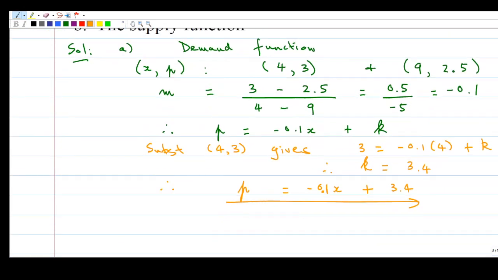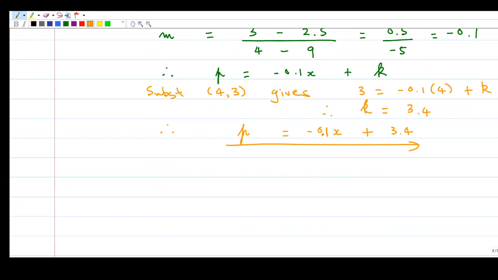So working with that information for the supply function,